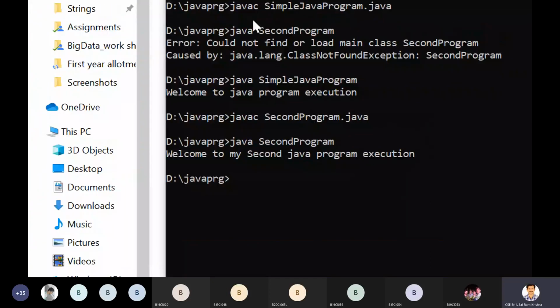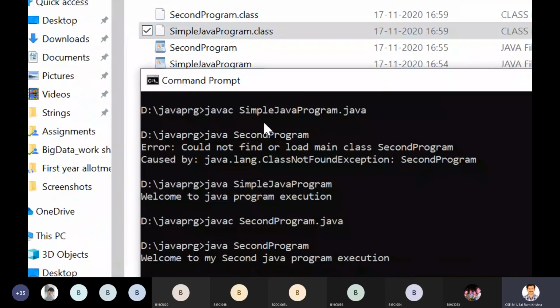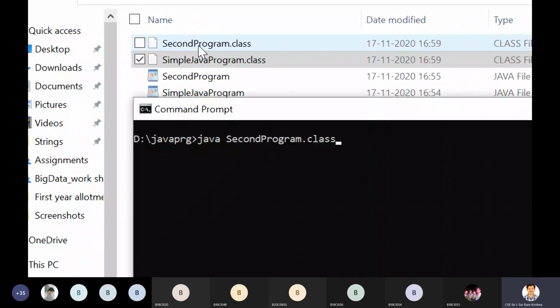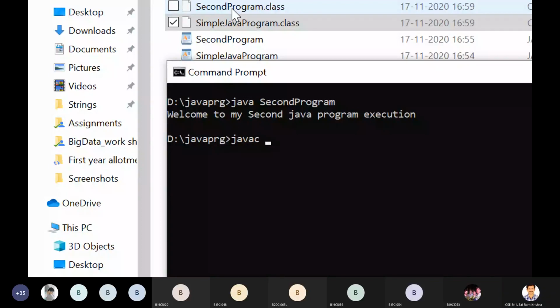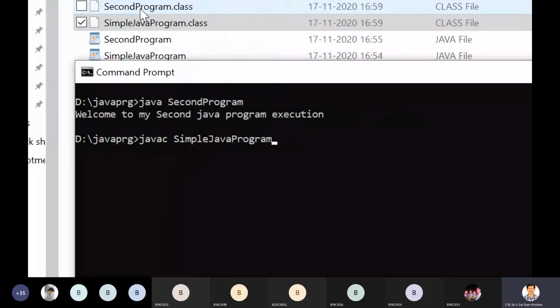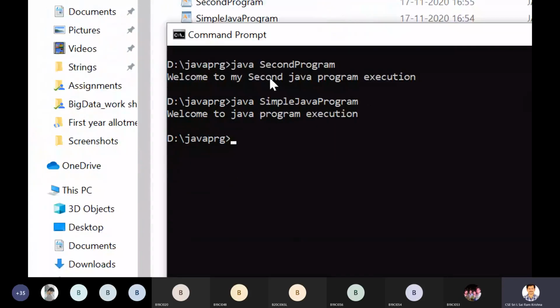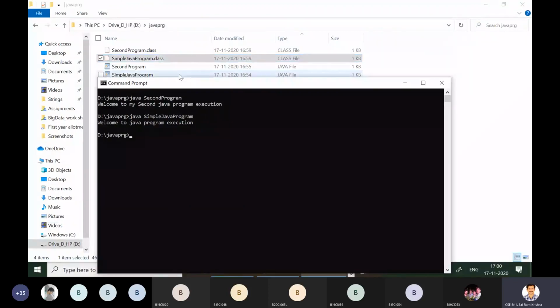Okay, now see, if you have the two .class files, you need not compile again. What you can do, directly you can execute. See, .class files are existing, no need to compile here. You can go for the second program. I'm not compiling here, directly I'm executing. Programs executed without compiling because .class files are existing. If there is a change in any content in the source code, then you need to recompile it. Okay, so this is how you compile programs without an editor or IDE.